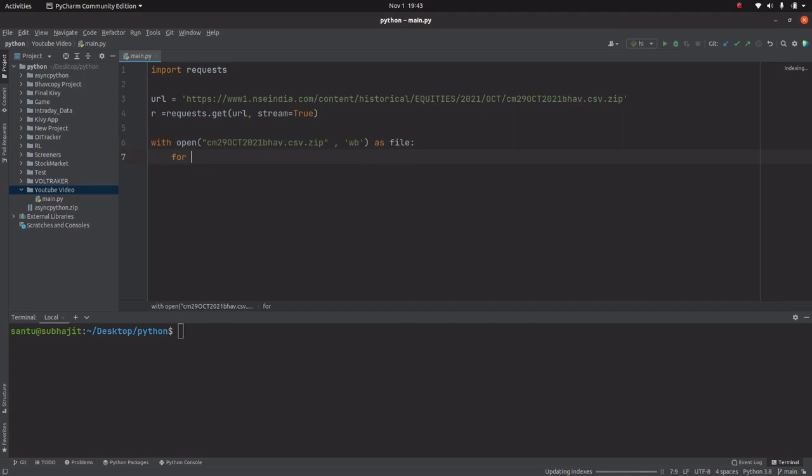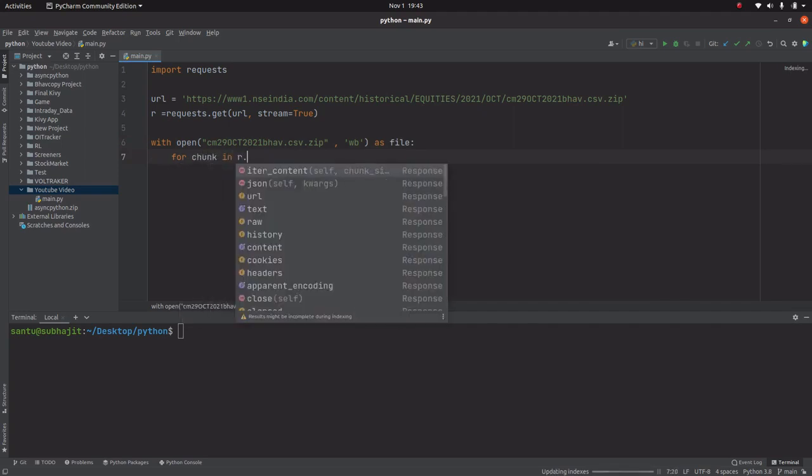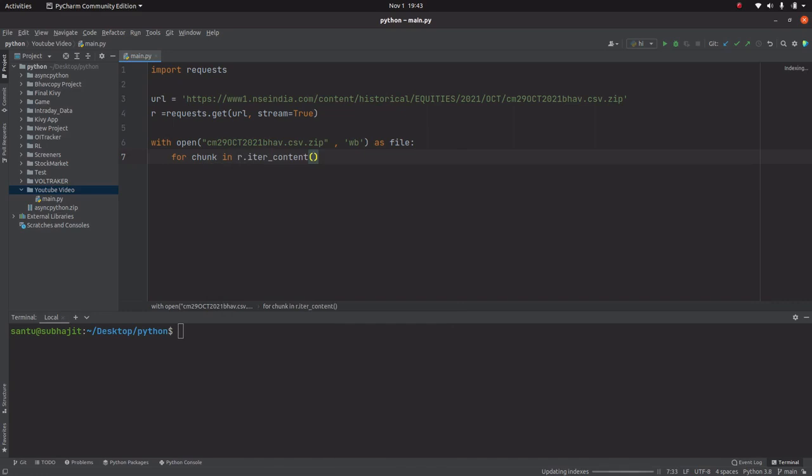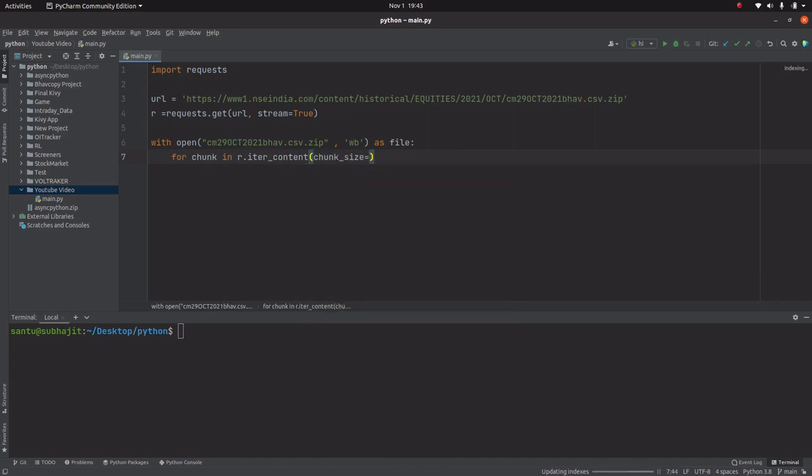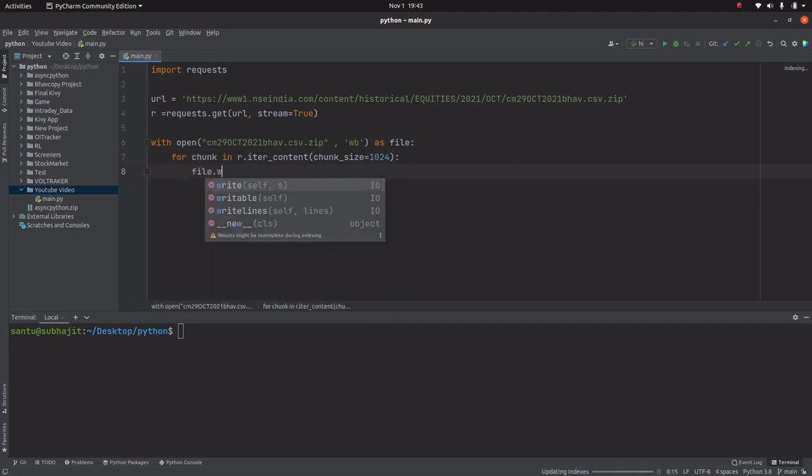Now for chunk in r.iter_content, and we will provide the chunk size is equal to 1024, and we will write file.write, and we will write the chunk.